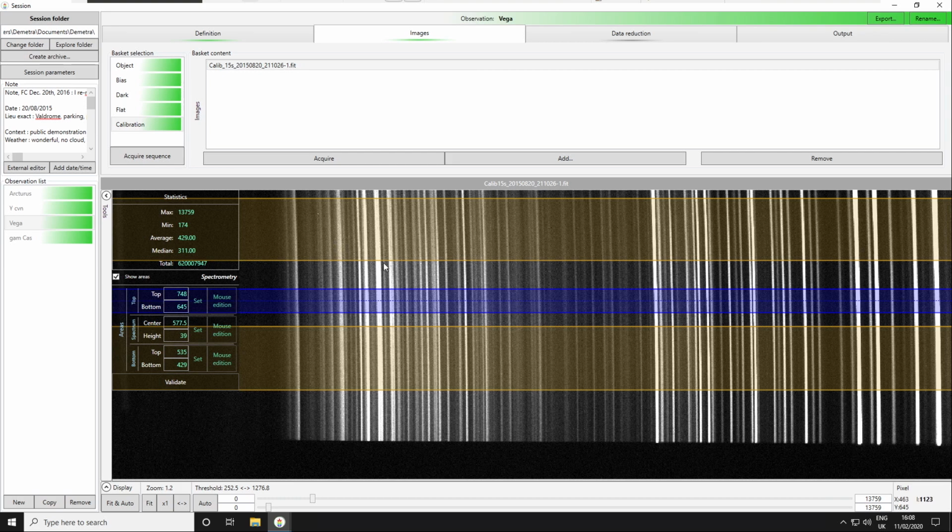Okay, so what is important is that we have this pattern of light. In this case, this is a spectrum made with the calibration module of the LP600, and in this calibration module we have a calibration lamp which is made of argon and neon gas.